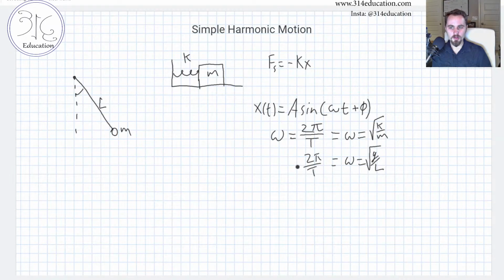Cool. I think that's more or less all. Oh, I guess another thing we should probably note is we can use our conservation of energy very well here. So if we look at our mass on a spring example, because this is the version they are more likely to ask about,